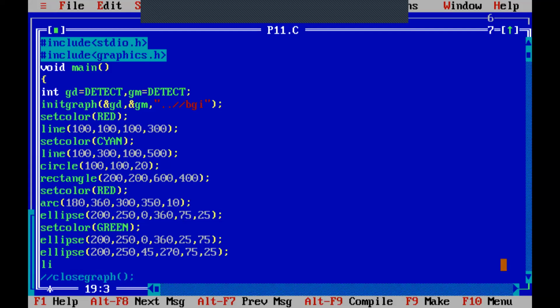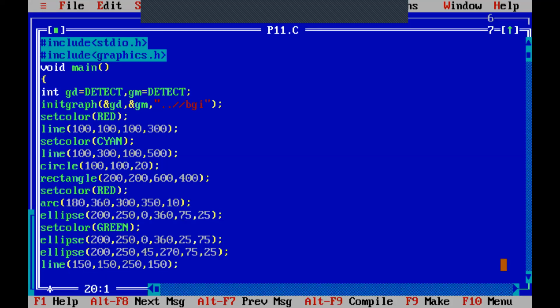So if I am having the line command, which is starting with, suppose, 150 comma 150. So this is one point. Then the second point, if I want to draw a horizontal line, that is the base of a triangle, then its x value will only change. The y value remains as it is. So 250 comma 150. So here I will get a horizontal line.